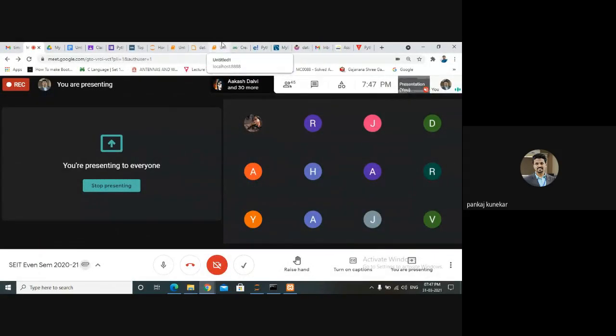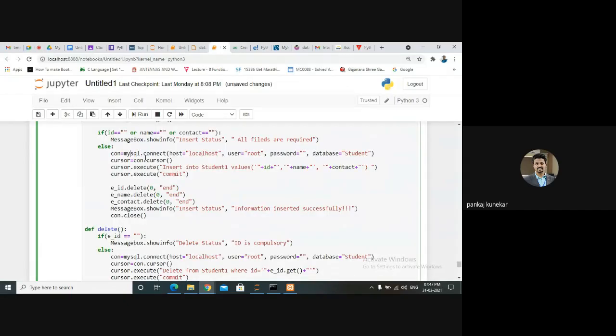So we'll try to connect the database with our application. First, we'll create a connection variable con for the connection. MySQL dot connect is the method used for the connection, and we have some parameters like host, user, password, and database. We are using the XAMPP server, so the host is localhost. User is by default root. Password is by default blank. We can modify this user and password whenever we create our database.